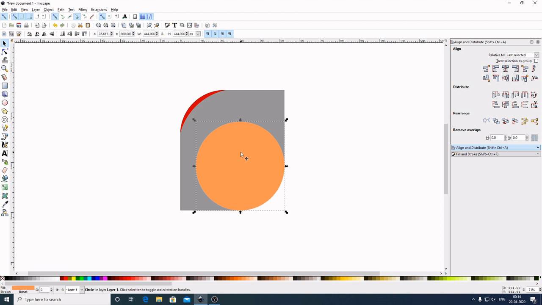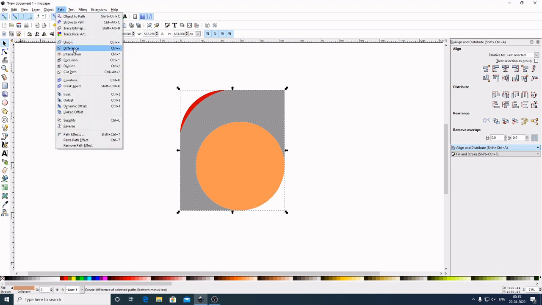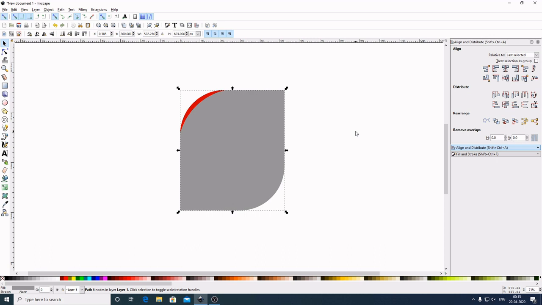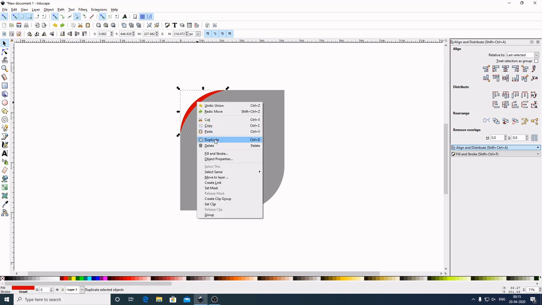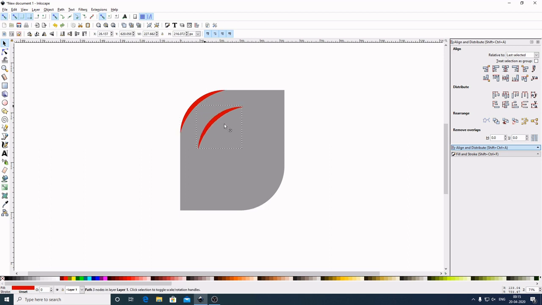Now select this orange circle. Now by holding Shift on the keyboard, select this gray graphic. Now come here to the Path, Union. Now select out of the graphic to deselect. Now select this red graphic, make a duplicate of this: right click, duplicate, bring this down here